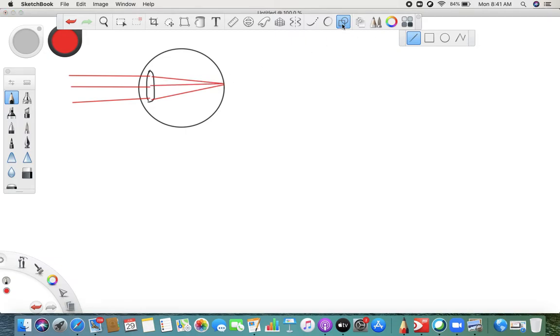When you try to see near objects, how will your lens become? Your lens will become thick. But what about when you try to see far objects? When you try to see far objects, what happens is,